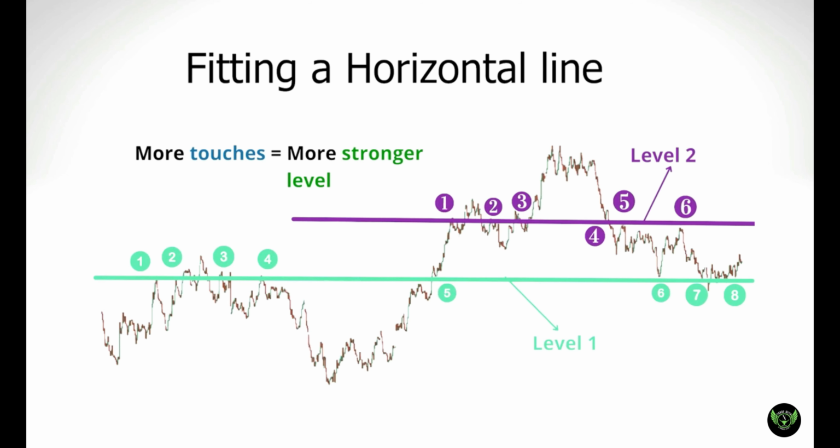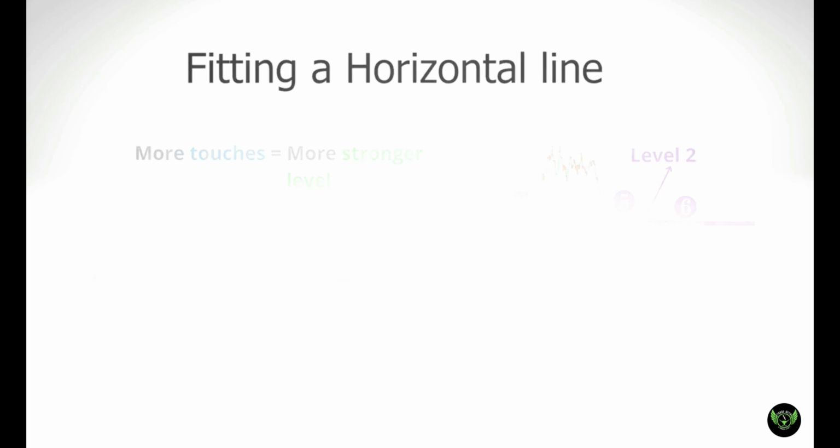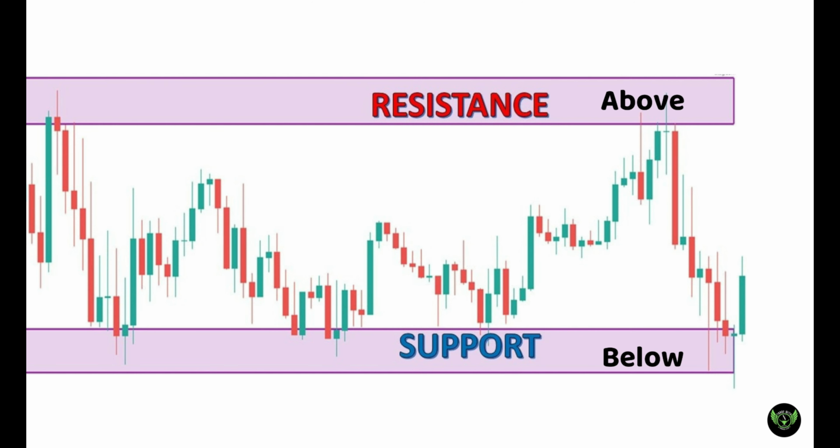major support or resistance. So how do you tell that you have drawn a support or you have drawn a resistance? As we have discussed, if the market price stays above the level that we have drawn, it acts as a support. Similarly, if the market price is below the level that we have drawn, then it will act as